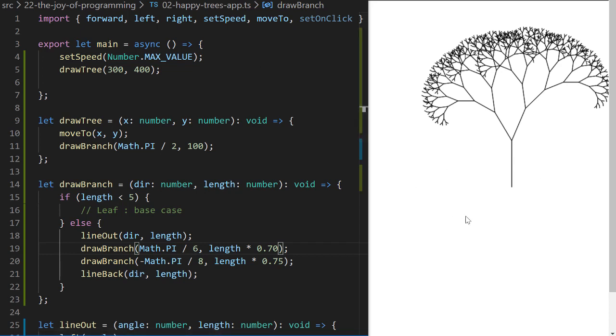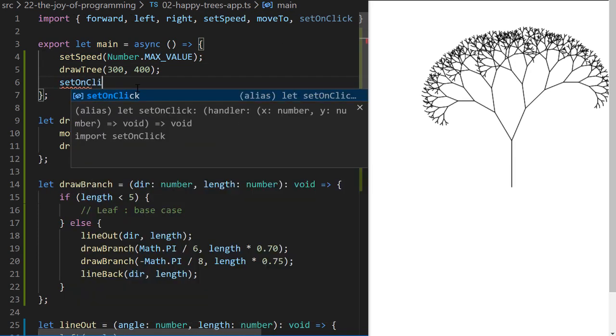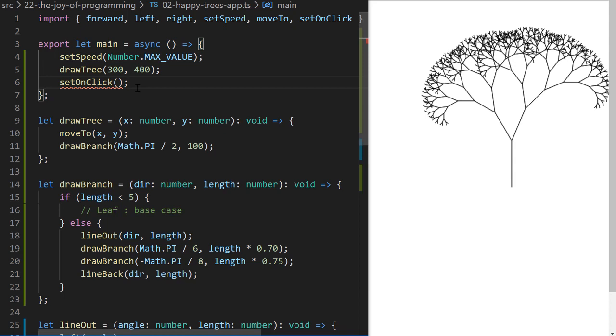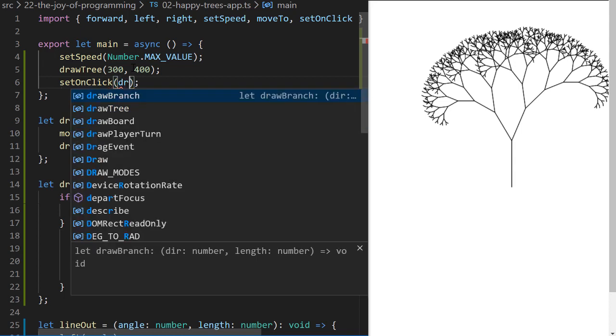Well, we're here in the joy of programming. It's nice to have one tree, but it'd be great if we could paint a little scene here, right? One of the functions in this turtle library is named setOnClick. And setOnClick is a higher order function. It's a function that we can give the name of another function that takes 2 parameters, an X and a Y parameter, and it will call that whenever we click our canvas and give it those X and Y values. So if we say setOnClick draw tree,